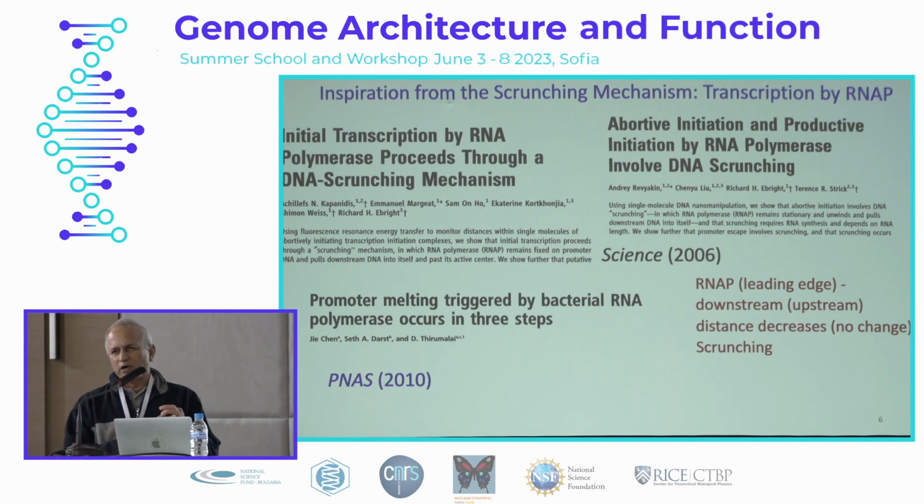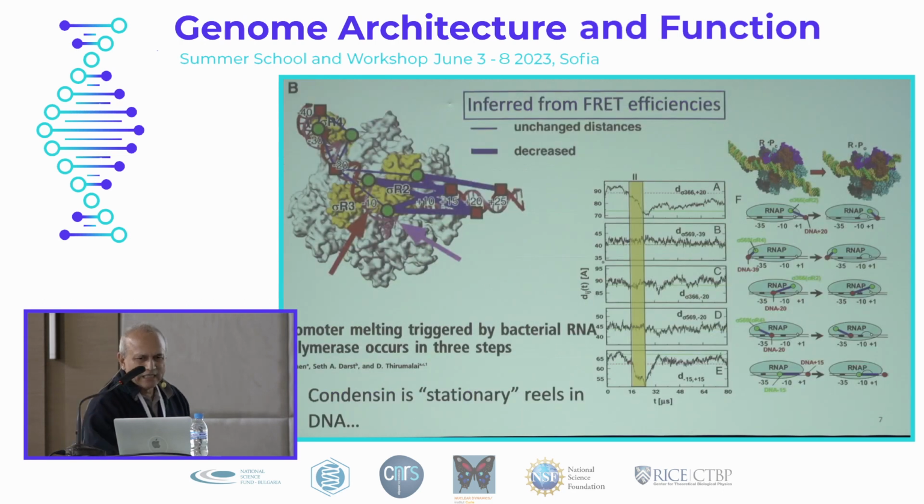So the idea is the polymerase, in this case, does not move, at least the leading edge of it, but it reels in the DNA, and then there's a bubble opening, and then the template strand is actually synthesized. A few years later, in 2010, my former student and Seth Darst, who is at Rockefeller, and I published this paper trying to really put some more structural details into these experimental findings, and let me show what scrunching means. This is a cartoon picture, but the promoter is from minus 40 to plus 25, and the start site is plus 1, and the upstream